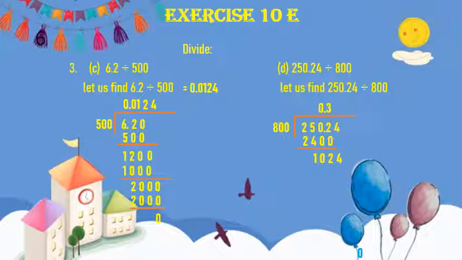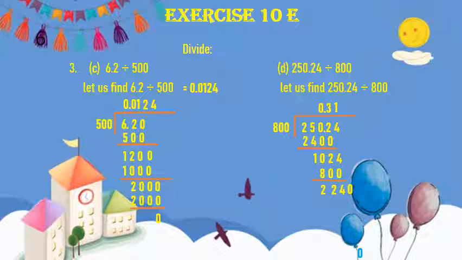Now we will bring down 4 and now our number is 1024. So we will divide 1024 by 800. So 800 ones are 800. So in the quotient we will write 1 and now we will subtract 800 from 1024. What do we get? We get 224. Now children, after the decimal point we know that we can add 0 at every step of the division. So here we will add 0. So our number will become 2240.